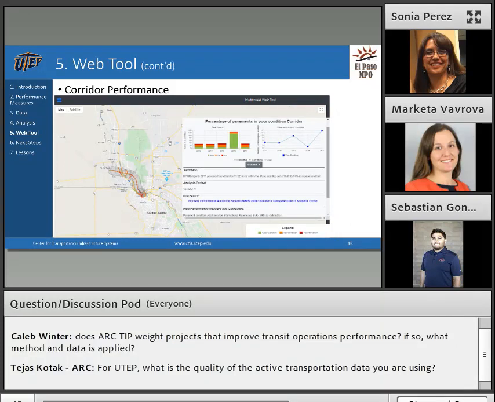So this tool allows you to interact with most of the performance measures, in the sense that you can select to see all the regional data, so that it includes all the MPO region, or you can select specific corridors that we have in our database.